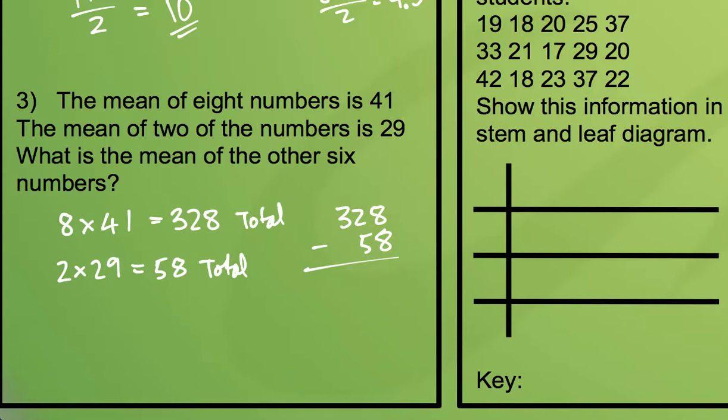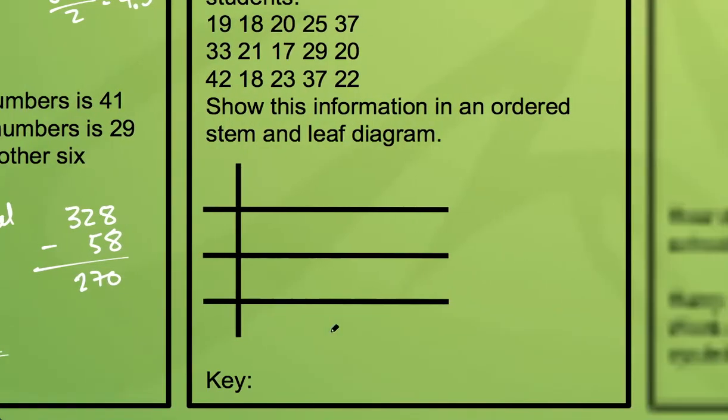328 minus 58 gives me 270. So the total of the 6 numbers is 270. So to find the mean of those 6 numbers, I would do 270 divided by 6. That gives me a mean of 45 as my answer. That's problem solving with the mean. Next section